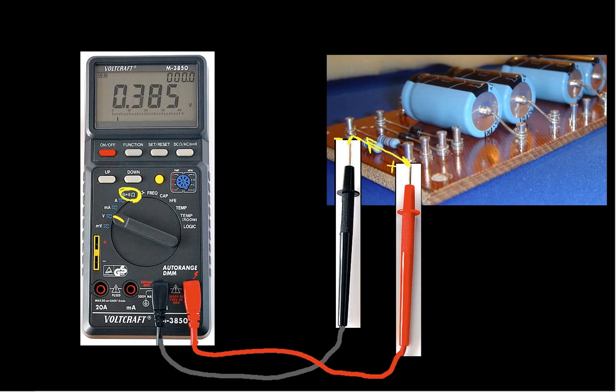Now this has some implications. It then uses Ohm's law to figure out what the resistance is. If you've got a known current and a known voltage, then from that you can compute the resistance. But this has a couple of implications. One, if this resistor is connected to anything else in the circuit, say these guys out here, or these big capacitors or stuff, then